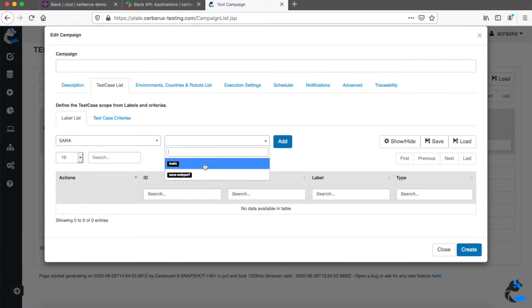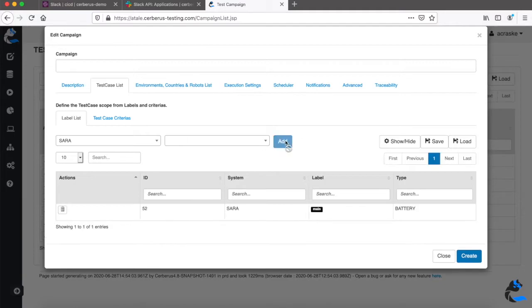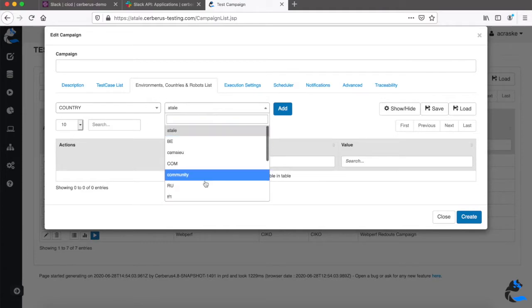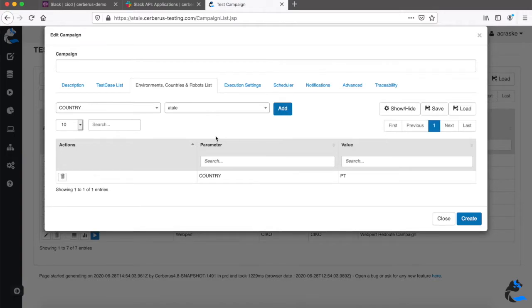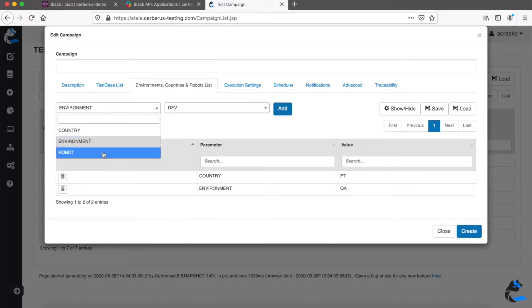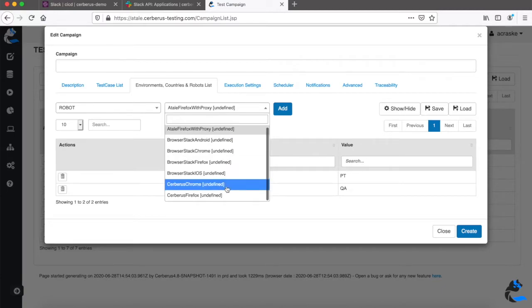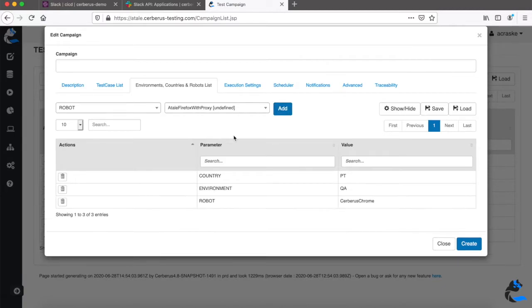As it is for CI/CD, we will take the main selection of tests, with a tag like this with a label. To limit the scope in our example, we will take a sample country to be executed on, a test environment, and one browser configuring the robot. So we take this one.